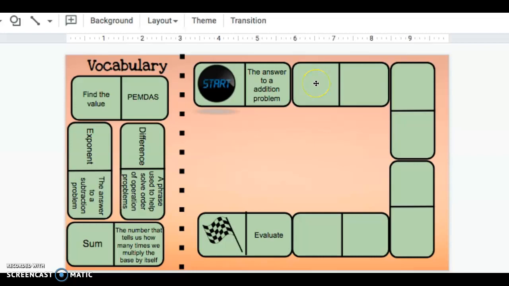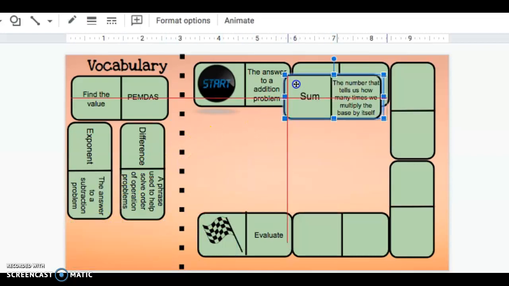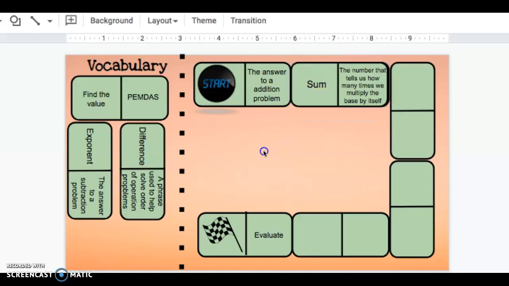We know that the answer to an addition problem is the word sum. So I'm going to take the domino that has the word sum and drag it up. Now you see how the word sum is touching the answer to an addition problem and they match each